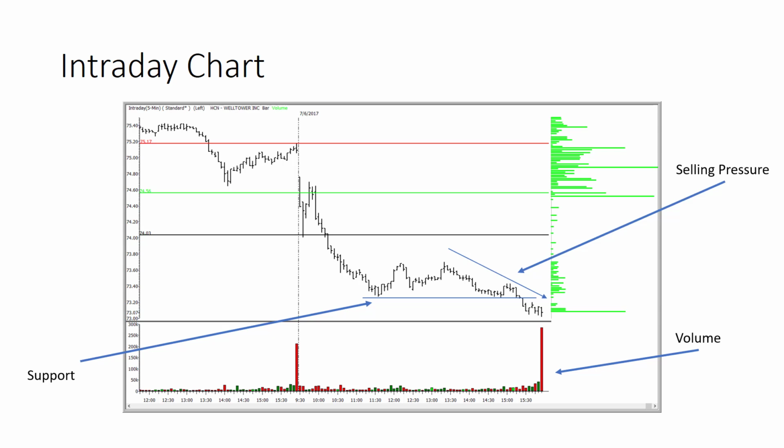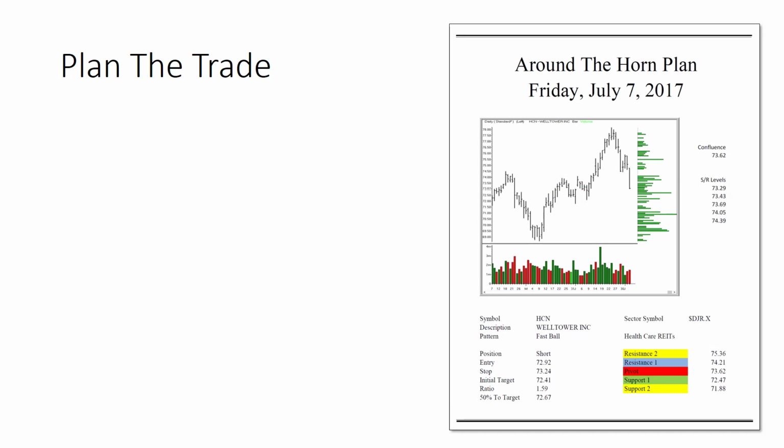So we're betting that as this was selling off, whoever was doing that selling wasn't able to get done what they needed to get done, and that the following day we've got the opportunity, like I said, to hop on their coattails and go for part of the ride on the way down to that support that we just identified on the daily chart. Now here is my trading plan for this one.